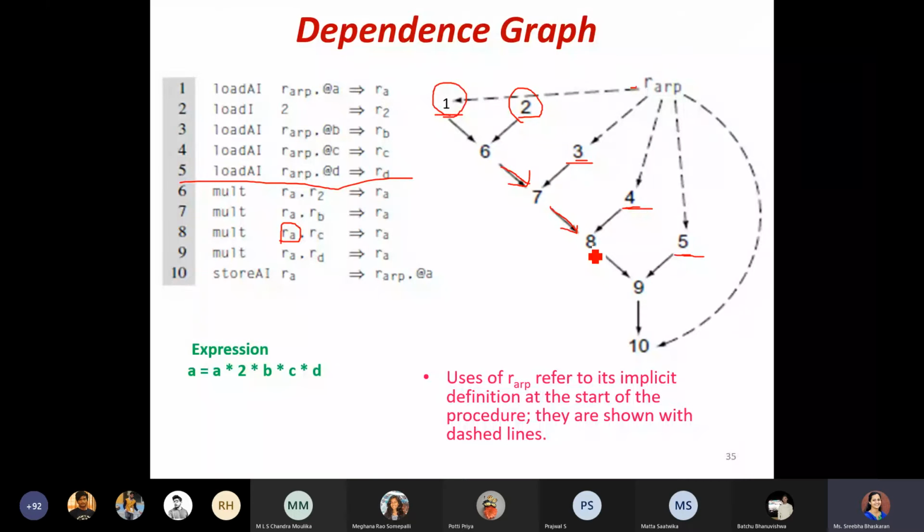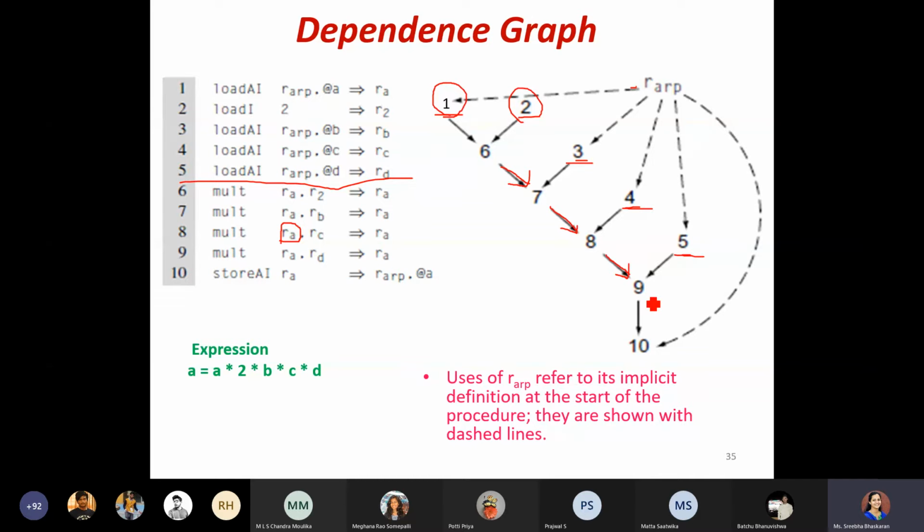So moving on to the next instruction, which is in line 9, which says multiplication of RA comma RD. Here when I am using RA, the value for RA we get from line number 8, and the content we have in line number 5. So these two get multiplied and form the new value which has been stored in register RA. This 9 will have the new content which has been stored in RA.